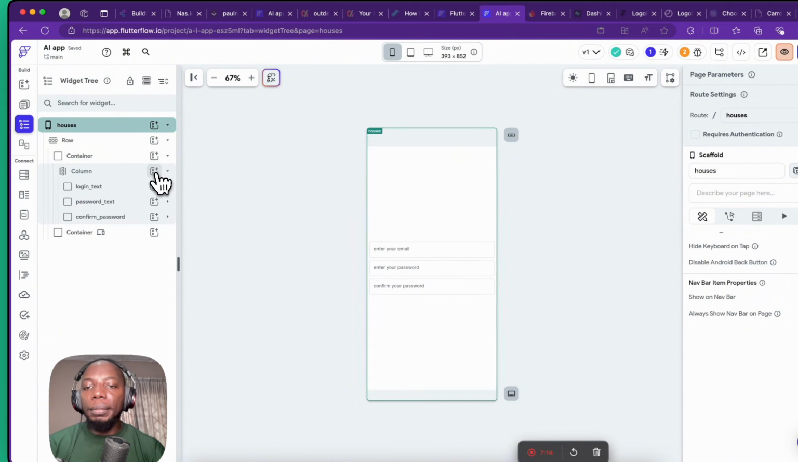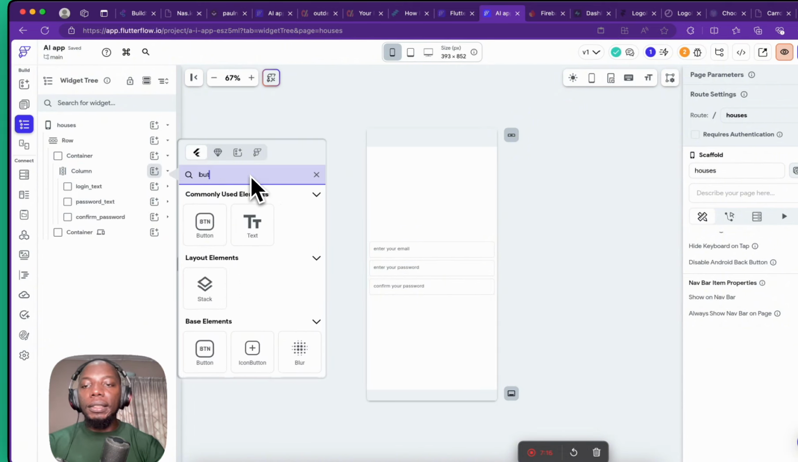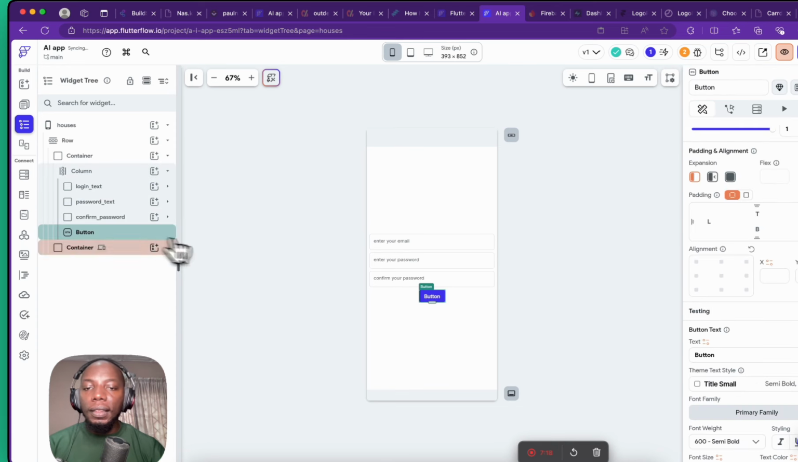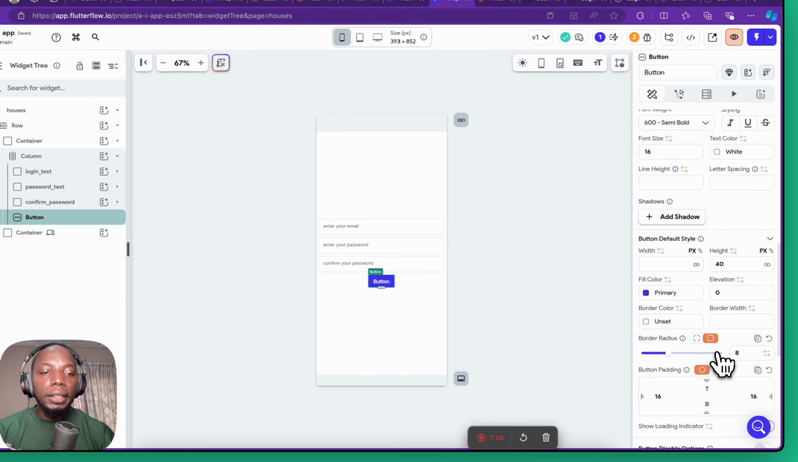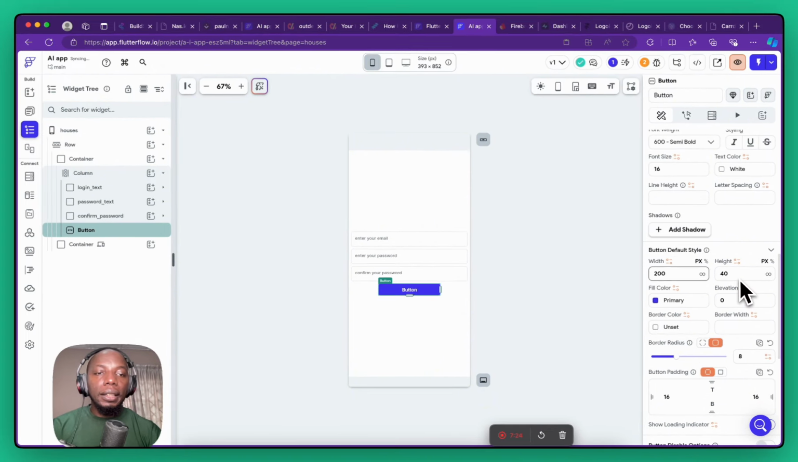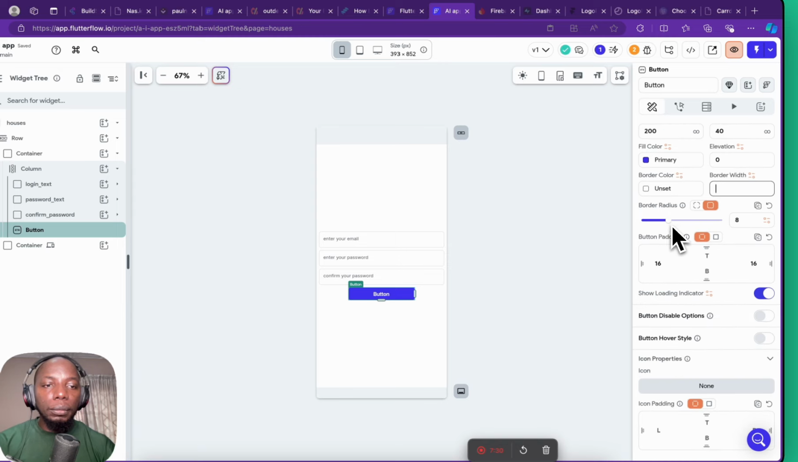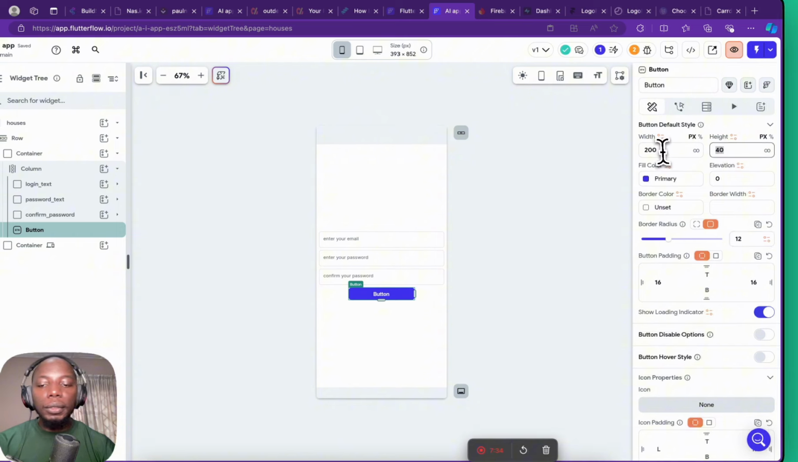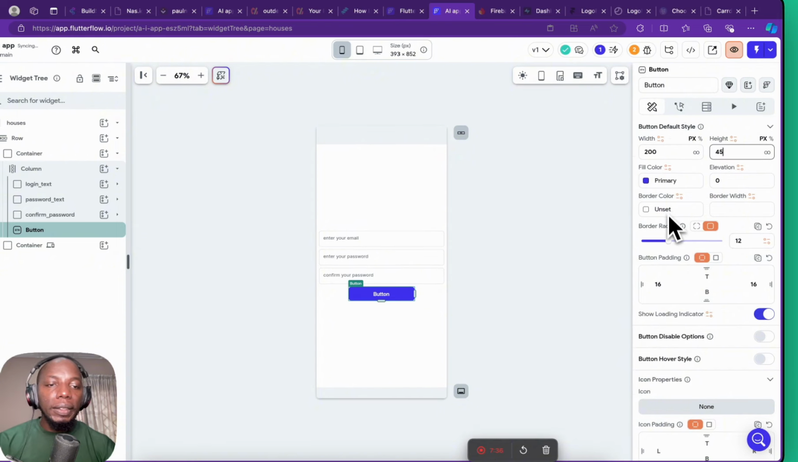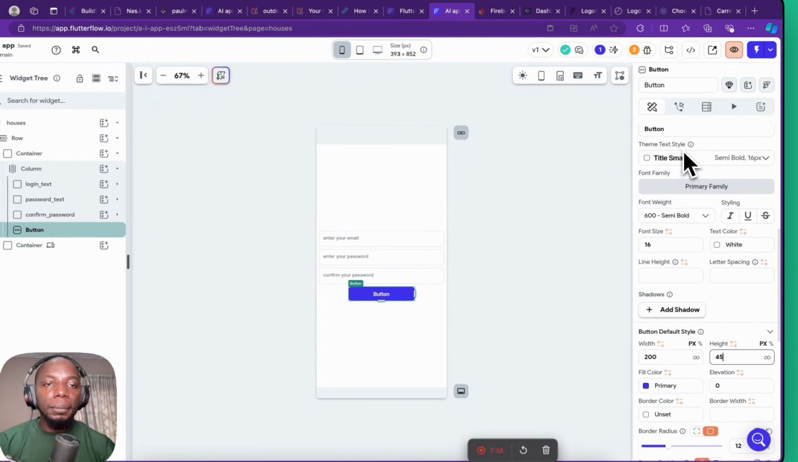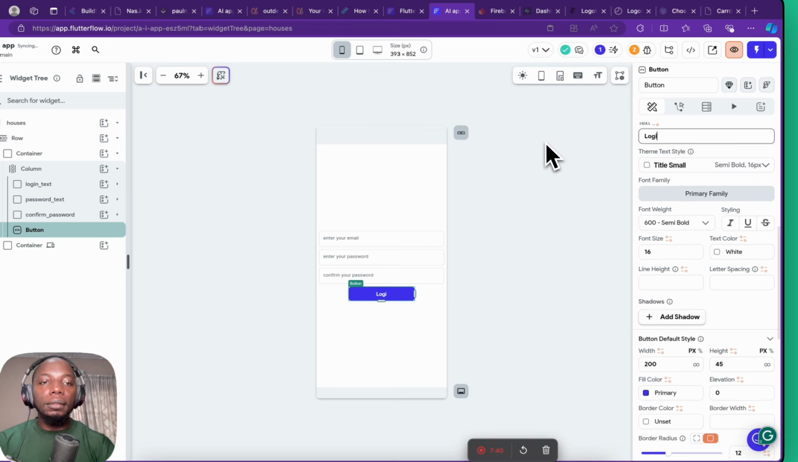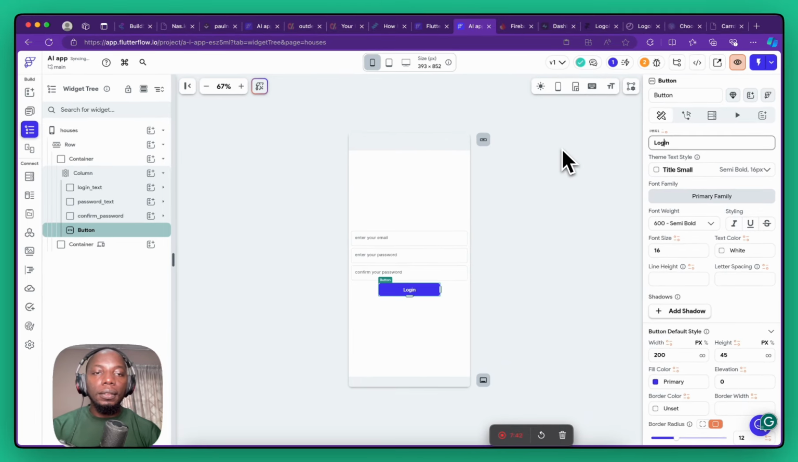Okay, and lastly, what do you want to add? What we add today is the button. We're going to add the button to it, and our button width is going to be 200, and our height is fine. We're going to drop some radius in there. I'm going to put some radius in there of 12, right? And I'm going to increase this to 45, and I'm going to say login,